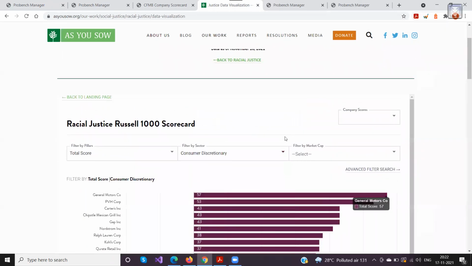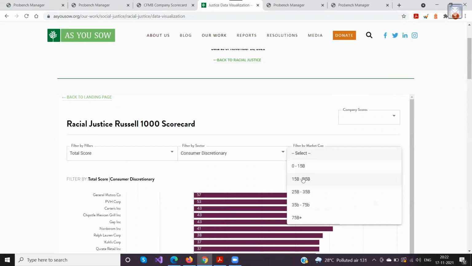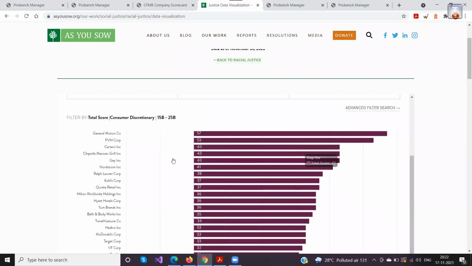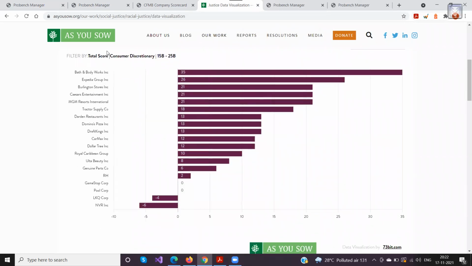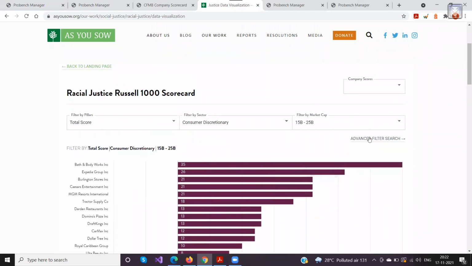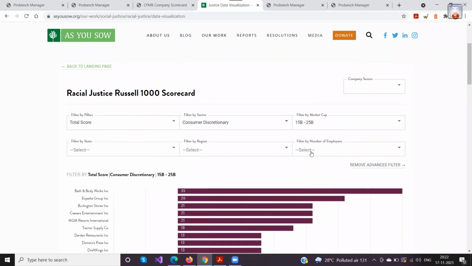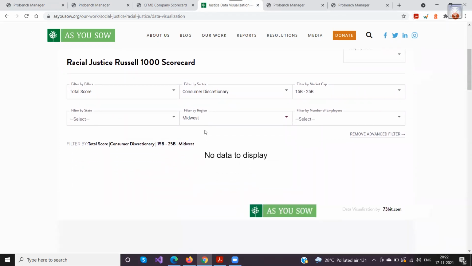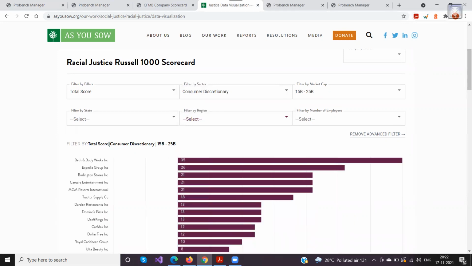Similarly, you can have multiple filters if you want, like the companies that are between this range, then the chart would automatically change and add filters to it. You can have a region filter. Depending on whether there are any companies in Midwest, you will be able to see it. If there are no companies, it will not show. I'll go back again, so you will see the complete filters here. All this can be configured in ProBench. Again, the things are done in a very similar way with placeholders and so on.